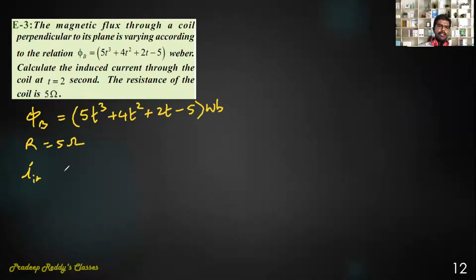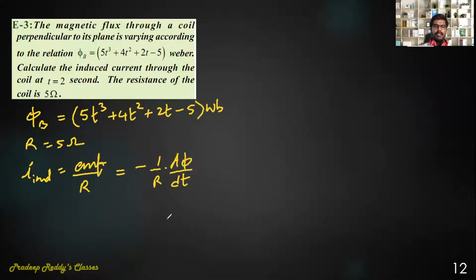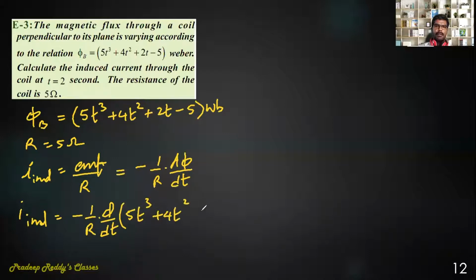I induced is equal to EMF divided by resistance R, which is minus of 1 by capital R into d phi divided by dt. So I induced can be simply written as minus 1 by capital R into d by dt of phi value. It is substituted here, 5t cube plus 4t square plus 2t minus 5. You can just differentiate this. So I induced can be simply written as